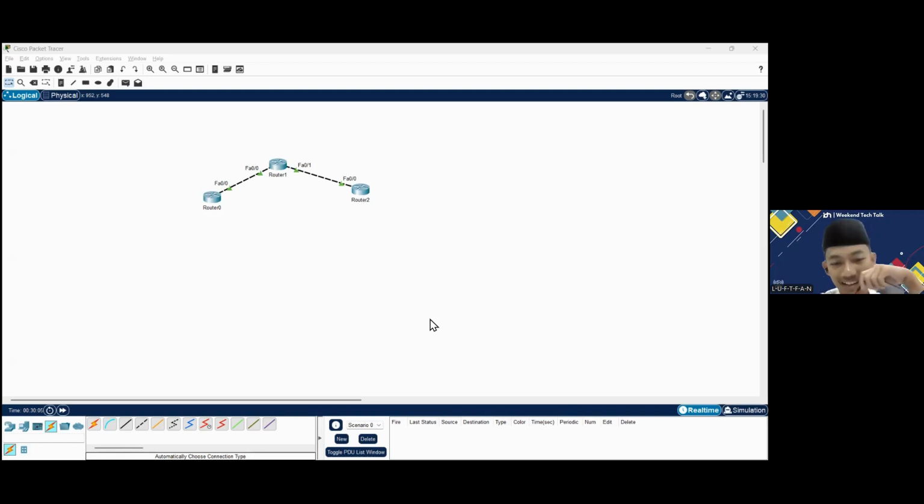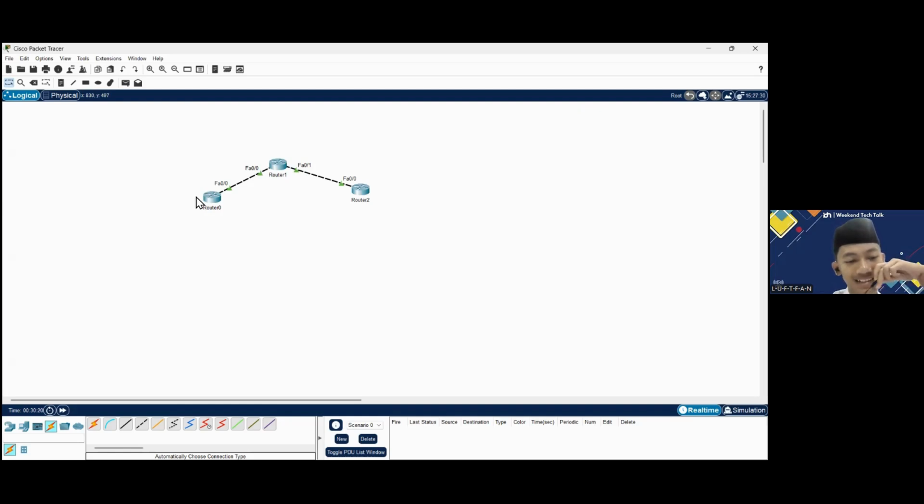Okay. Now here you can notice that a new adjacency is built and the EIGRP is already authenticated, so an unauthorized person that is not authenticated cannot connect to your EIGRP network.